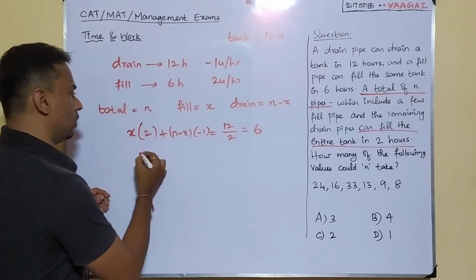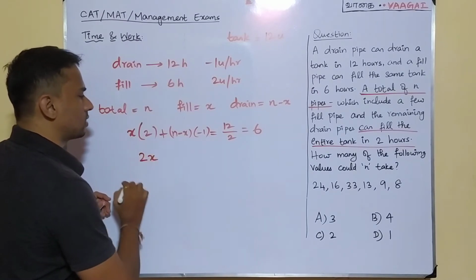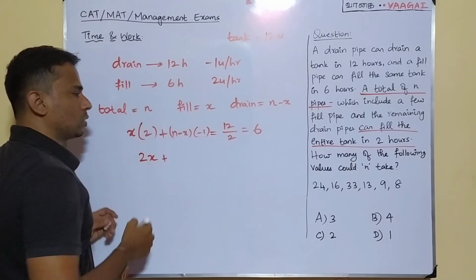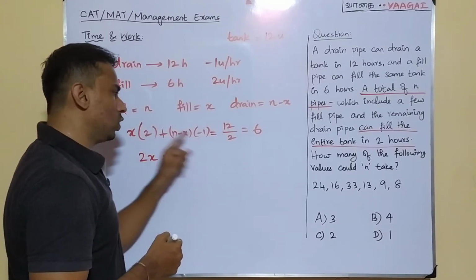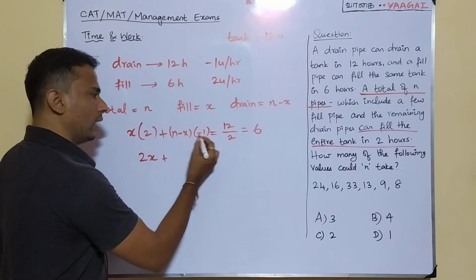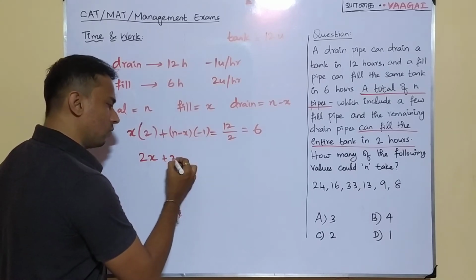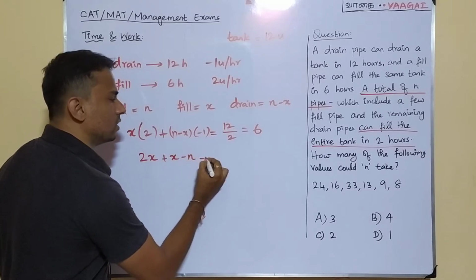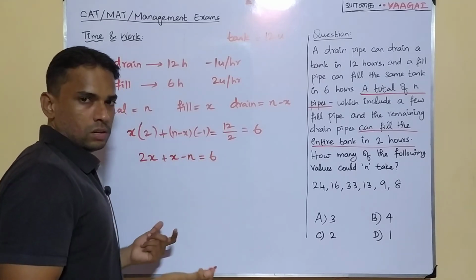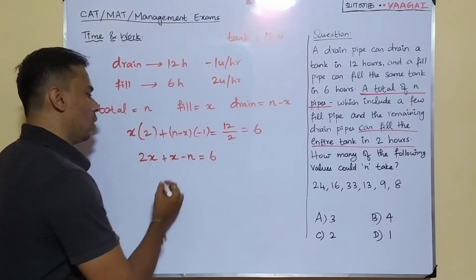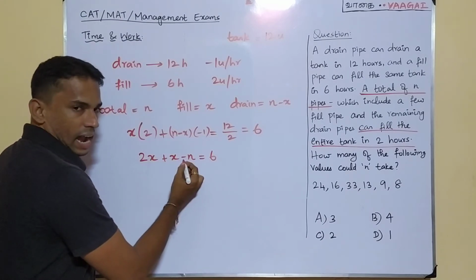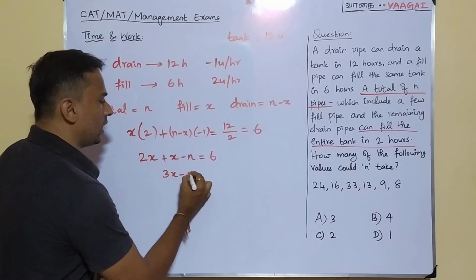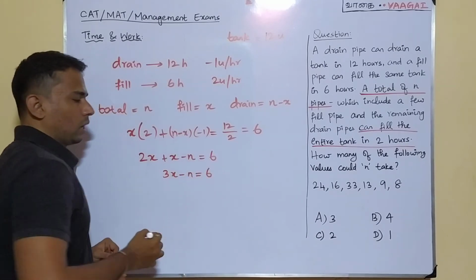Okay, now shall we just try to simplify this equation? Yes, we'll try doing that. So 2x plus, because this will be 2x, and here if you try to simplify, you will get n minus x into minus 1. So this will give you 2x, minus x into minus 1 will become a plus x, and n into minus 1 will become minus n. This is what is equal to 6. What next I can do is I can just add these two terms, right? I will get 3x minus n is equal to 6. This is what I would get.